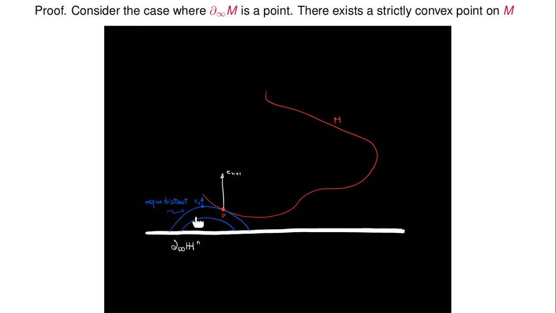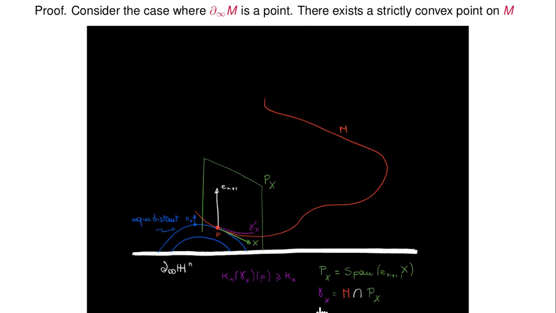And then you continue increasing, you just blow up, but this is an isometry of this space. So you will touch the hypersurface for the first time. And at this point, you consider the vertical direction and also any tangent direction x. And you consider the two-plane that is generated by the vertical and the x. And then you consider the intersection of the plane with M, so this curve gamma x, and it's obvious